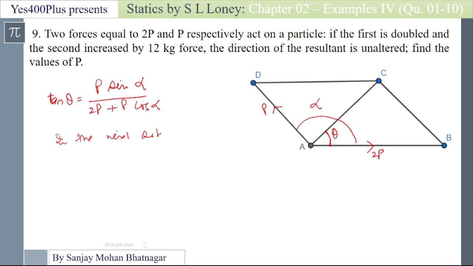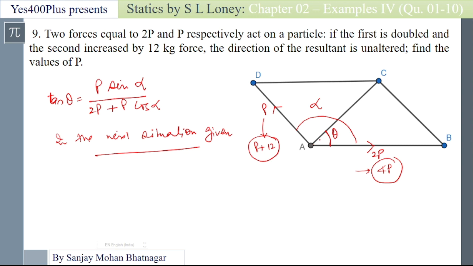Okay, in the next situation, as given in the question, this force 2p becomes 4p and this p force becomes p plus 12. Theta remains unaltered. So in the next situation we have tan theta equal to (p plus 12) sine alpha upon 4p plus (p plus 12)